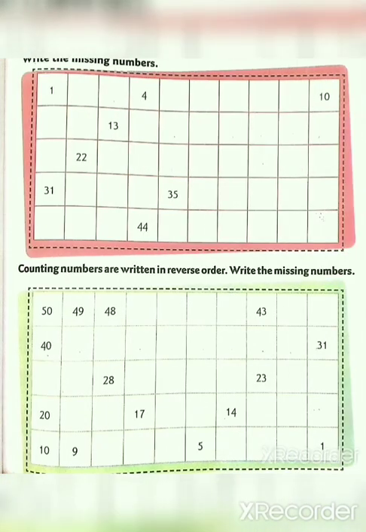Now there are some exercises in your book that you have to complete. First one is write the missing numbers. You can see some numbers are given and some are missing. The missing ones you have to complete. You can see 1, you have to write 2, and then 3, 4, 5. In the same way you have to complete this exercise. And second one,